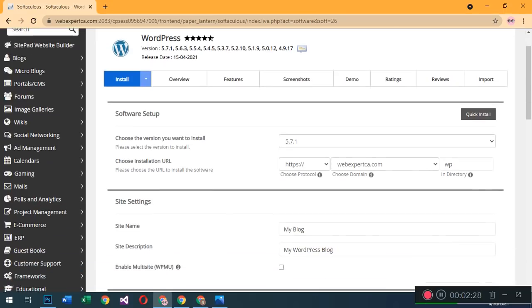In the install section, you select your domain where you want to install. If you want the main WordPress for your site, you remove the text in the directory field. You will install a main WordPress on your domain, so when anyone runs your site, they will see this WordPress site. If you want to install in a subdirectory, you have to write the directory name. The directory name we are going to use is website2.